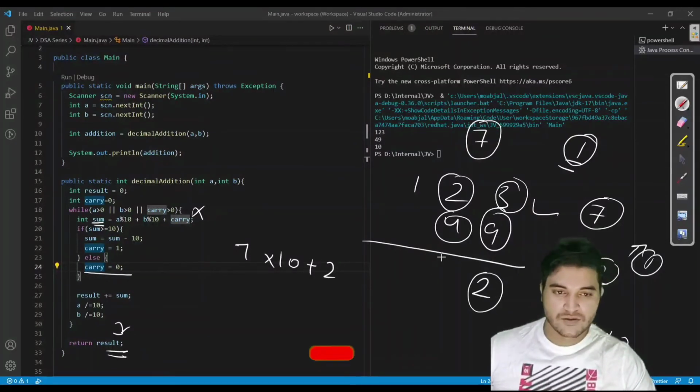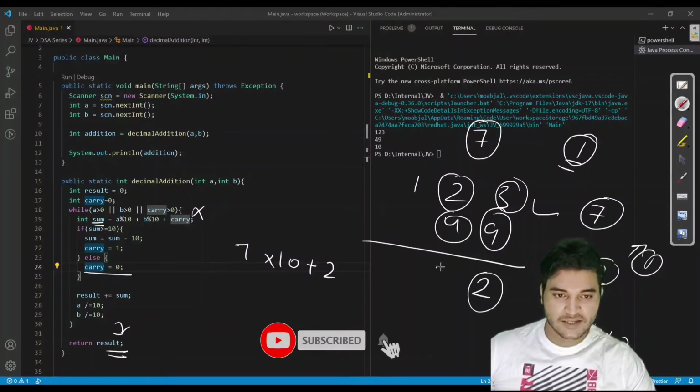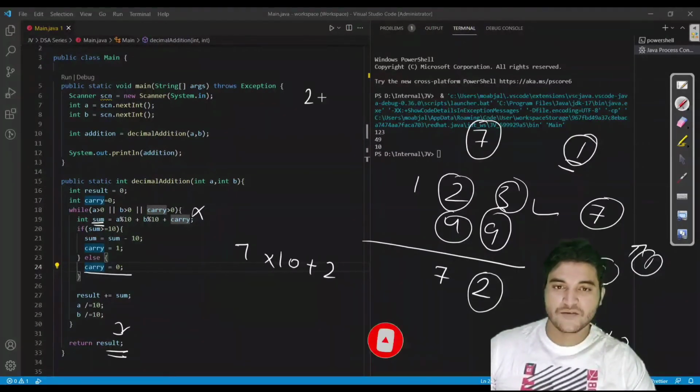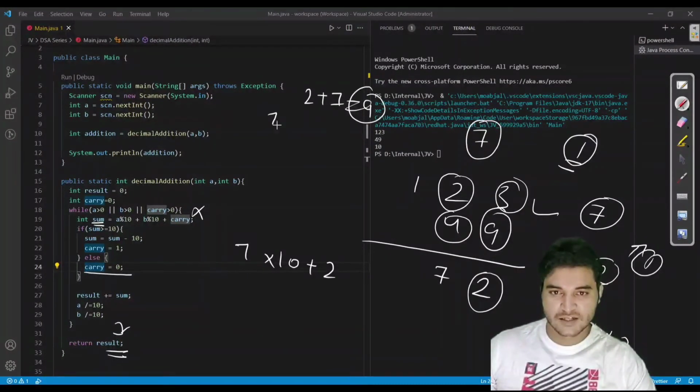Why? Because we have to write 7 here. In the result we were having 2. If we directly add 7 here, then we will get 9. To get 72, we have to multiply this number with 10 and add the previous result. Then only we would get 72.